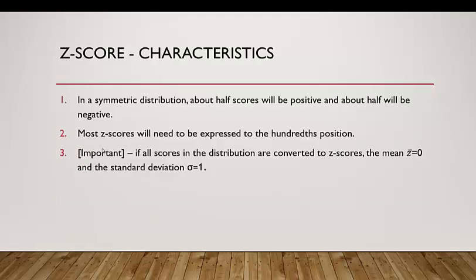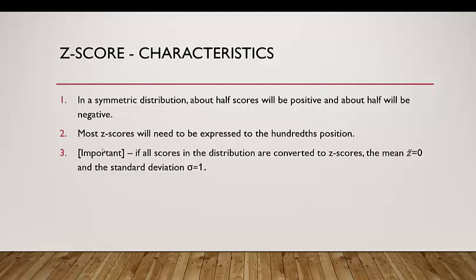Number 1, in a symmetric distribution, about half of the scores will be positive and half will be negative. Now, we're going to see later on that not all the data we deal with are necessarily symmetrical distributions, and part of that's because we're dealing with small populations. The work we're going to do today looks at the big picture. But when you're looking at individual students in your class, we're talking less than 30 people, so it may not be completely symmetrical. It may be skewed one way or the other a little bit. But in general,